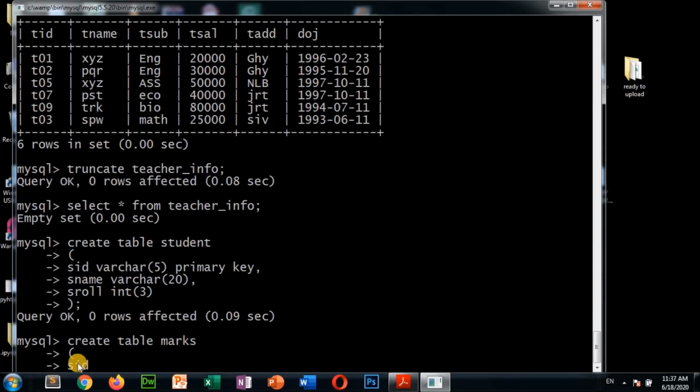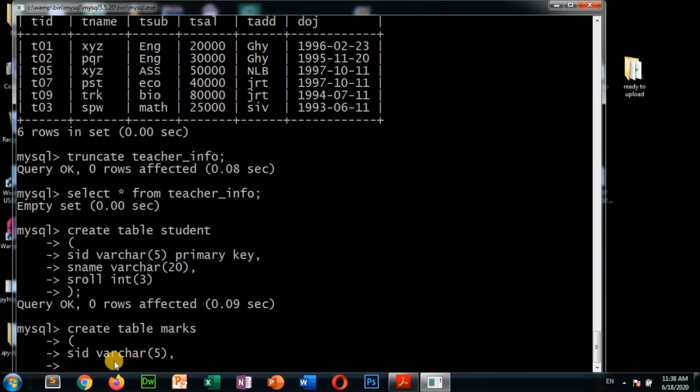For that, as you have declared here, the primary key, similarly you have declared here. If you are typing SID, here also you have to type SID, and varchar 5, here also you have to type varchar 5. Now no need to write foreign key here like primary key, just comma, press enter. Before creating this foreign key, you have to declare the field first. So we have declared this field first.